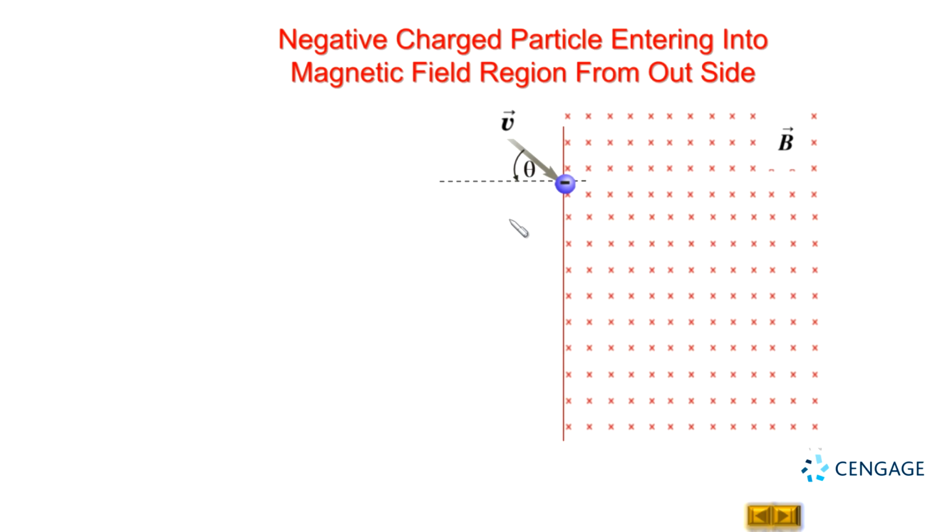You know, for finding the direction of the force on the negative charge particle, what we do? We first consider it as a positive charge instead of negative charge and apply the right hand rule. So considering this as a positive charge, the direction of the force will be in the palm direction. You can follow the figure. So if it is a positive charge, the direction of the force should be in this direction. But it is negative charge. That means the direction of the force should be opposite to that positive direction. So the direction of the force should be like this.